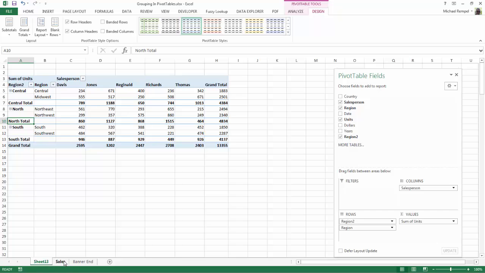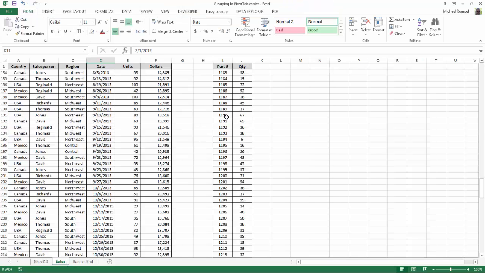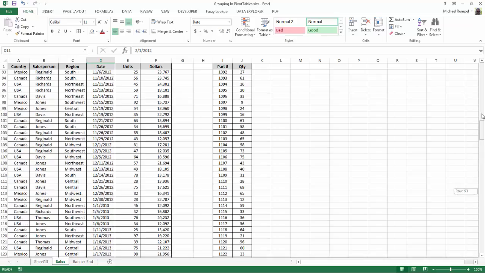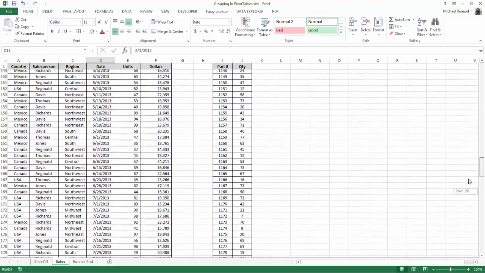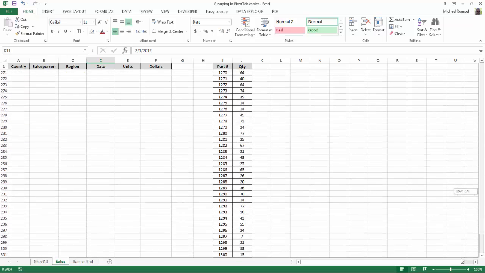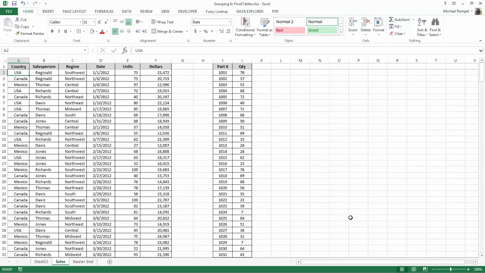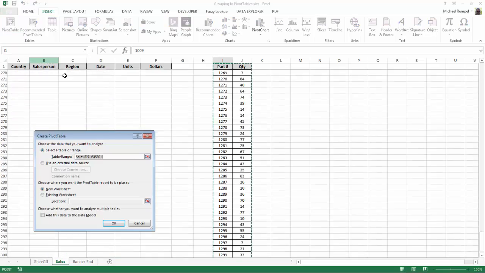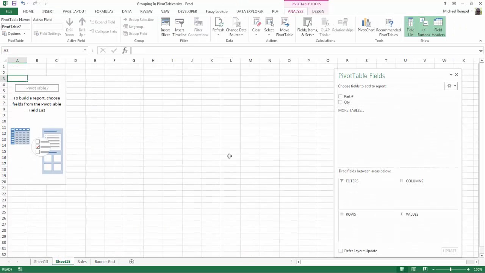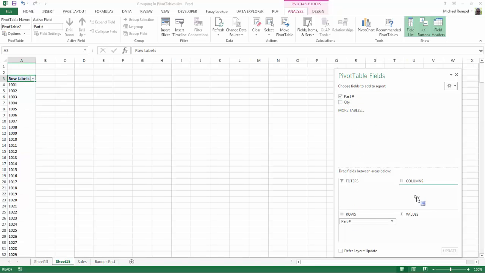Finally, the last way we're going to show grouping is using this parts number and quantity. As we looked at before, the part numbers go from 1001 down to 1300, and I want to group them in lots of 50 because let's say every 50 part numbers is a different style of product. So let's first create our pivot table. I'm going to go to Insert Pivot Table, put it on a new sheet, and here we have that. I'm going to throw part number into the rows and quantity into the